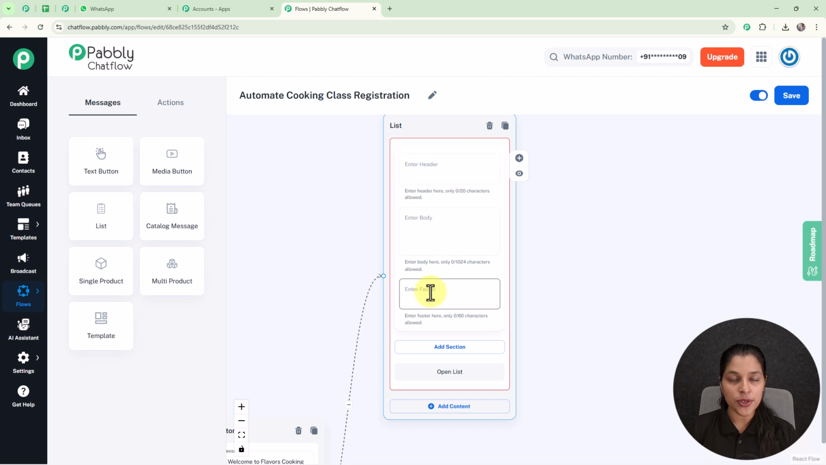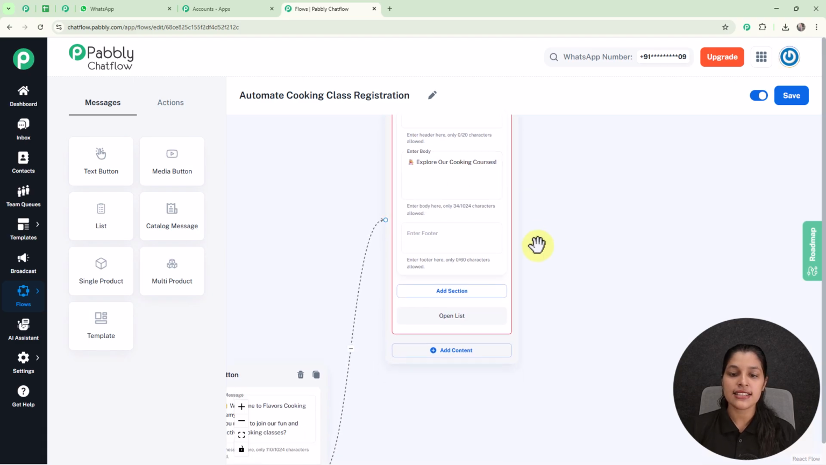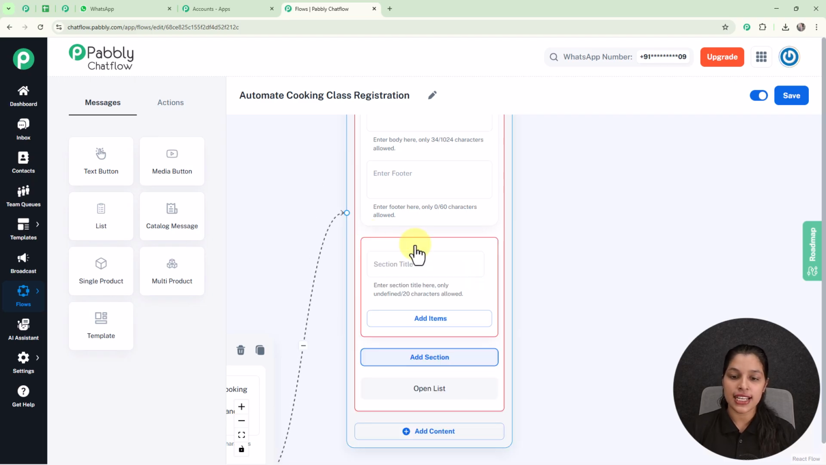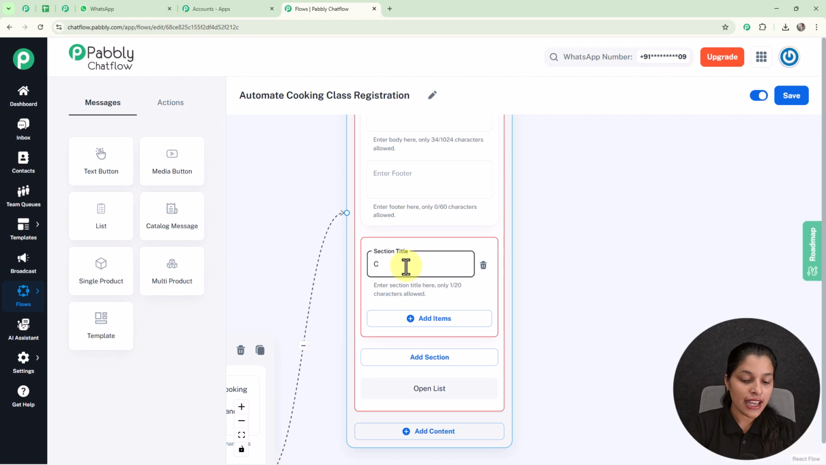So now I am going to provide a body to my list here. So here I have provided a body to my list. Now I am going to add some items to this list. So for that firstly we have to create a section. So you just have to select it, and you will be getting the option for entering the section title. So now let's provide a section title as courses,